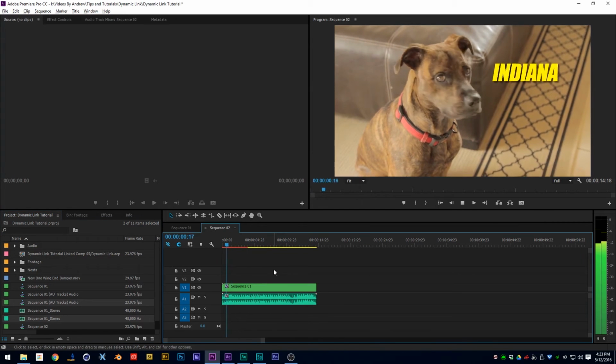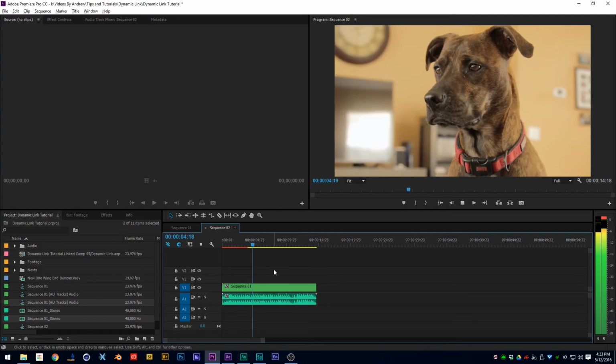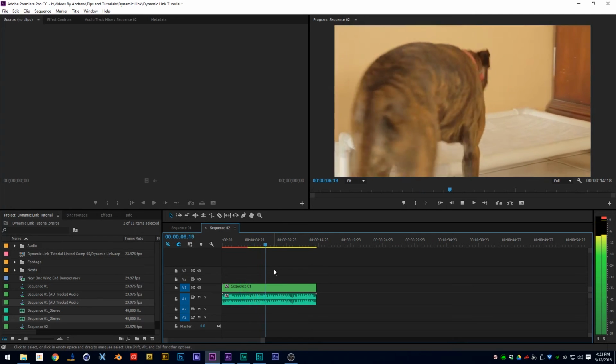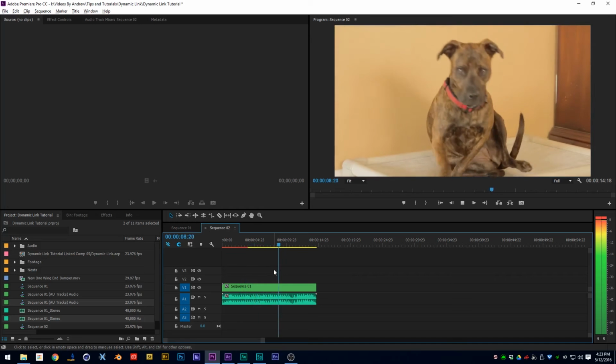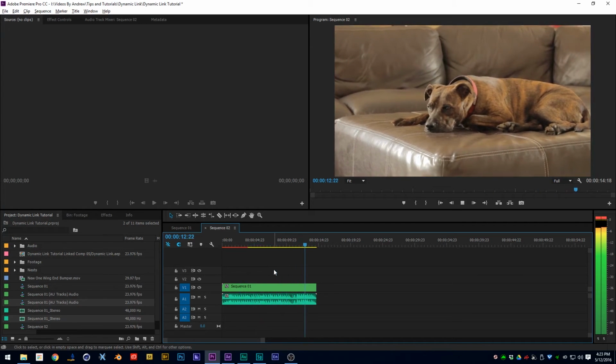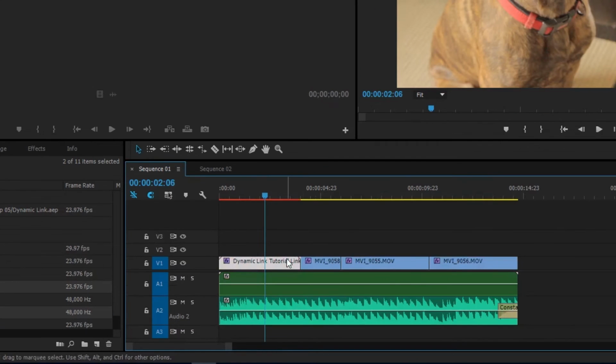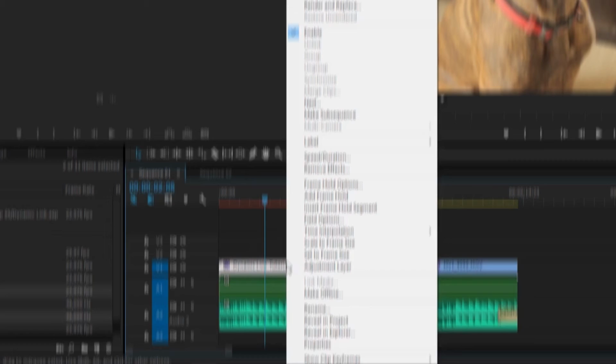And by far the biggest benefit of Adobe Dynamic Link is if you need to go back and make changes to certain things in your edit, you can totally do that. Say I don't like the color of my dog's name Indiana here. Look at her, she's adorable. Say I want it to be red instead of yellow. I can always go back and click on that particular clip and hit Edit Original,